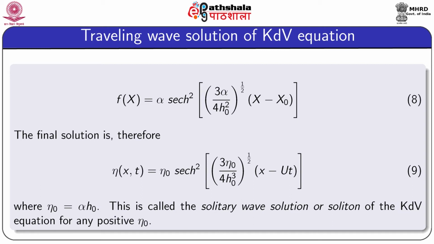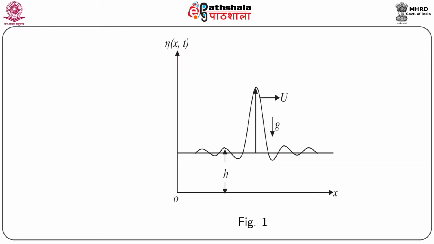soliton. So, if you observe the solution, you can see that this represents a single hump. If we plot the solution, this represents a single hump about capital X equals 0, and the amplitude becomes 0, that means eta becomes 0 as mod X tends to plus infinity or minus infinity, and this hump goes in the right direction of the small x axis with velocity u, and the value of u can be determined